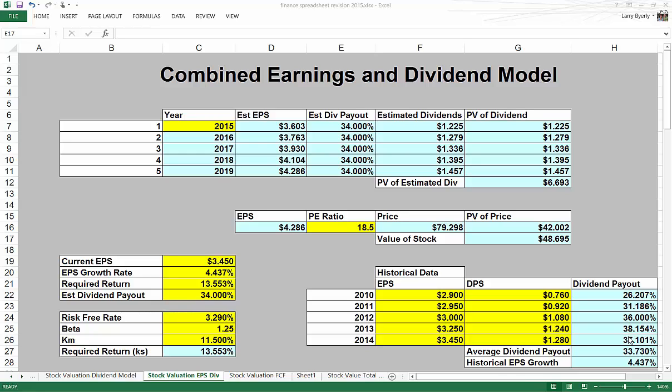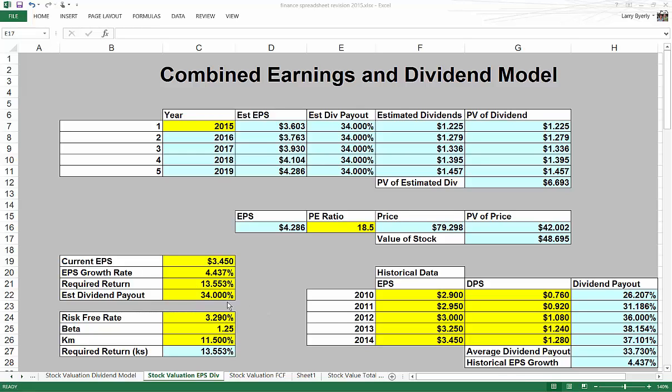The calculation that follows this then is an average dividend payout ratio and an average earnings per share growth rate. Where we can plug these numbers in is the data position over here. So under estimated dividend payout, we're just going to assume or round up to 34%, and we're going to keep the earnings per share growth rate at 4.437%. Now we can certainly adjust either one of those for information that we learn along the way about this particular company. Of course, we're also going to need to plug in the current earnings per share of